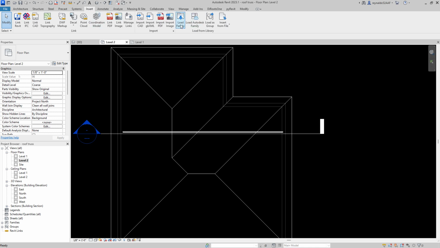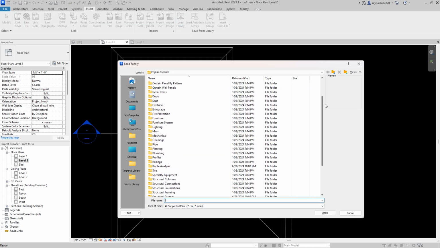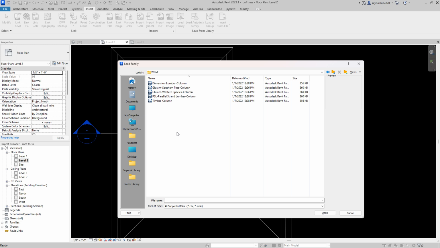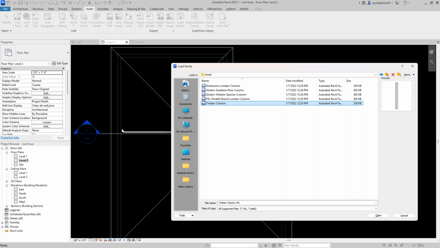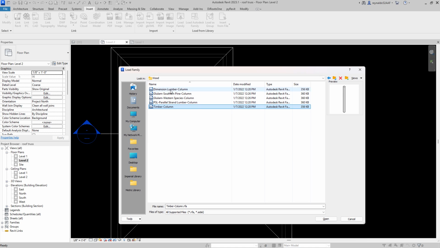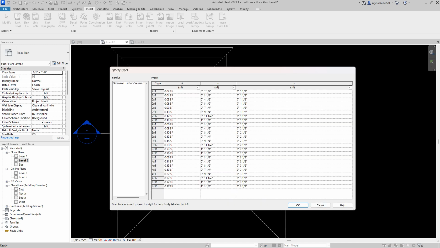So I'm going to need to go to the Insert tab, go to Load Family, and then from here I'm going to go to Structural Columns, go to Wood, and I want to use a timber column. It could be dimensional, it could be either one of these two, it doesn't really matter. Typically timber is for thicker columns, more like a 6x6, 8x8, 9x9 column. But I believe the thickness of our wall is a 2x4 or 2x6. So I'm going to choose dimension lumber column. I'm going to click Open, and I'm going to grab a 4x4,